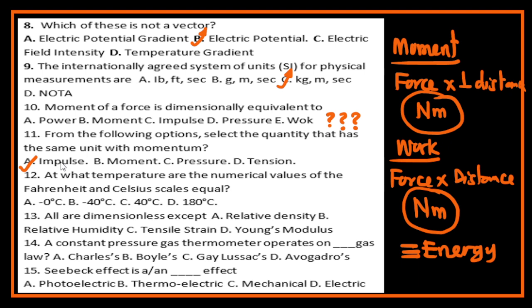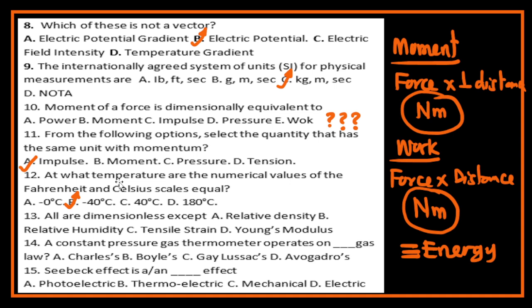Question 12 says, at what temperature are the numerical values of the Fahrenheit and Celsius scale equal? Who can answer that? Minus 40 degrees Celsius. That is correct. Okay. So let me put that there. That's option B. So either they put minus 40 degrees Celsius or minus 40 Fahrenheit, is the same, because at that temperature they are